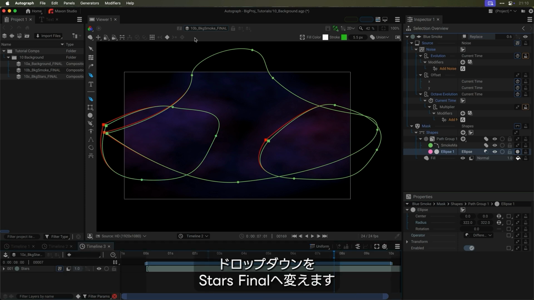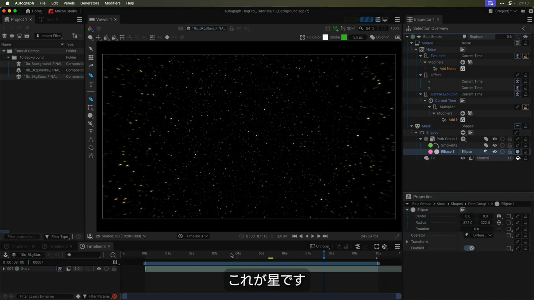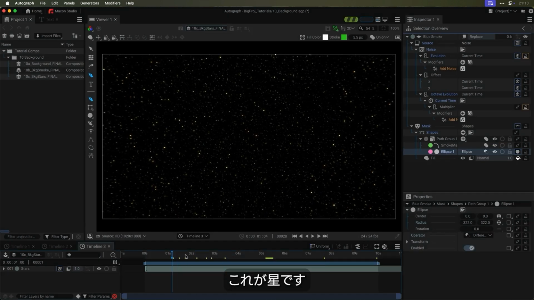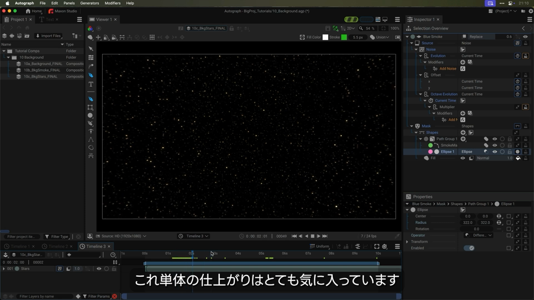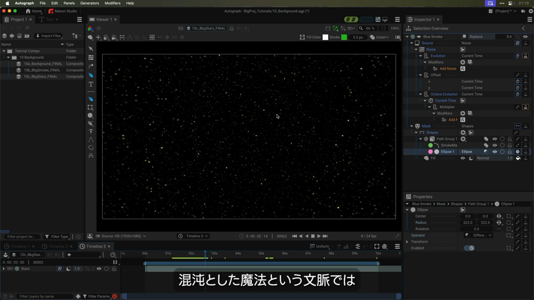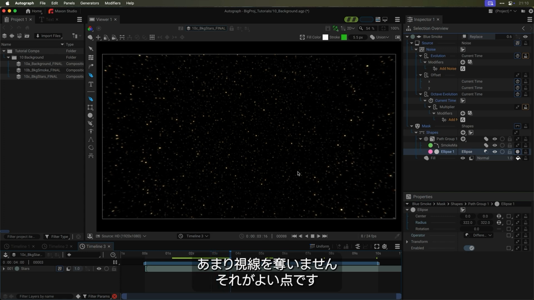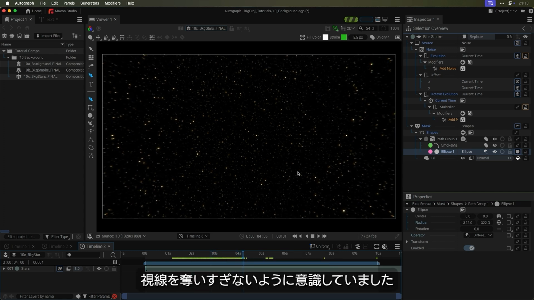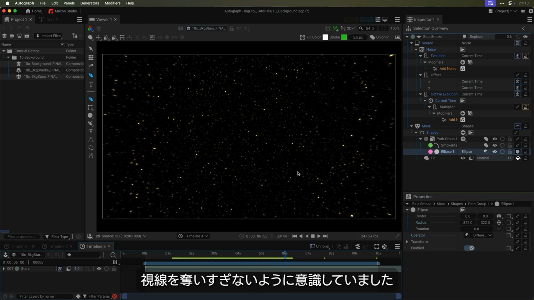And again, I need to change my drop down at the top here, my viewer panel, to the stars final. And here we have the stars. And I really like the way that this turned out by itself. In the context of the chaos of the magic, it doesn't take away too much focus, which I think is a good thing. And I was trying to not take away too much focus because it doesn't need any